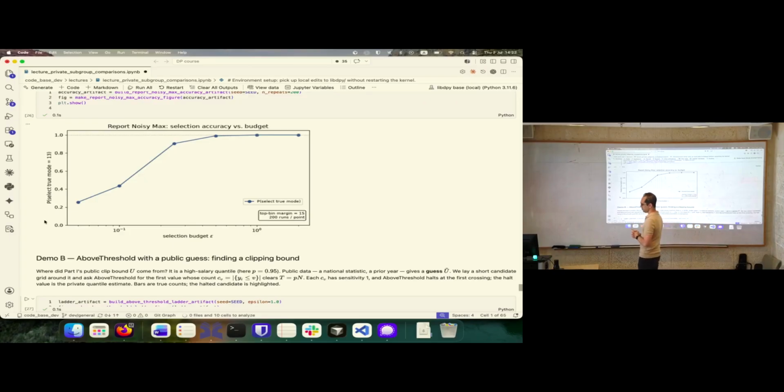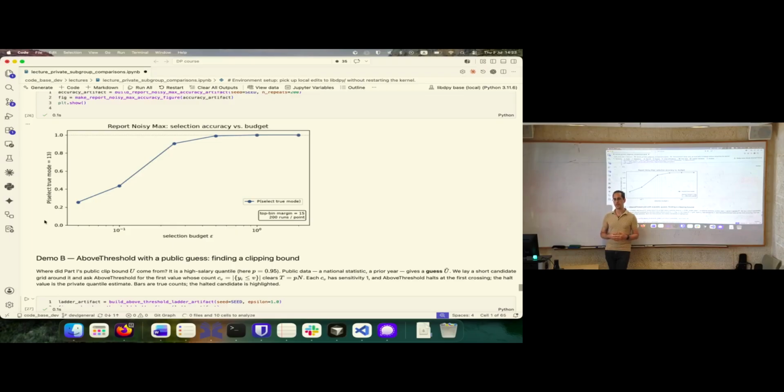We can also see how it's relevant to something that we already did, which was how did I make the guess? So remember I said in proposed test release, I guessed some local sensitivity, and then I used it to move on. How do I make the guess? I have some prior, right? So in the example of the cells, I said, well, men and women, it's about 50-50. So with high probability, the smallest group will have at least 400 or 450 people. How did I know it? I had a prior about the world.